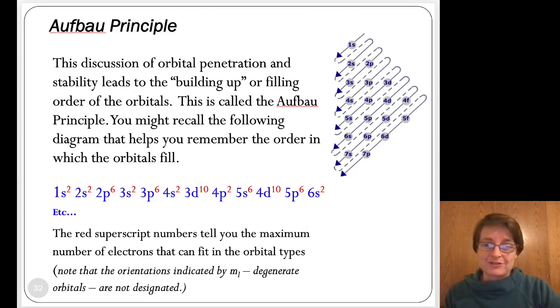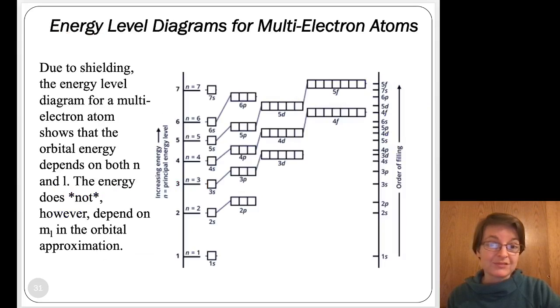When it comes to electron filling, we should recognize the Aufbau principle, which we learned about for the first time in GChem. The Aufbau principle states that if I have an orbital energy diagram, like the one shown here, and I need to fill multiple electrons into this diagram, I should start by filling the lowest energy orbitals and then